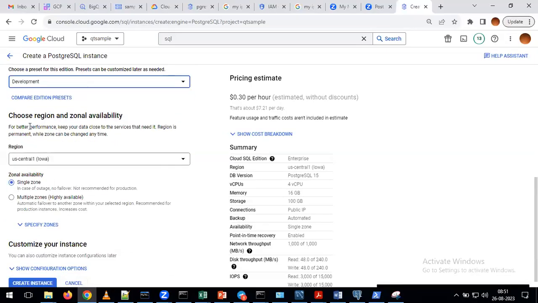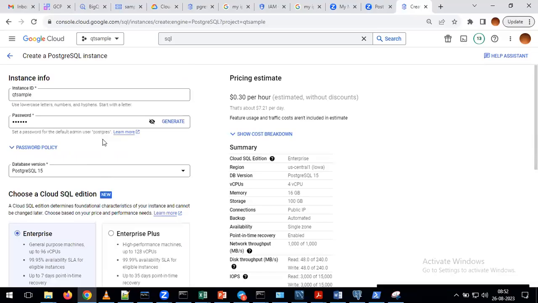Okay. After that, again, it is asking for the region. And here also, if you see, we have single zone or multi-zone. If you want high availability, we can go for multi-zone. And if we work in real time also, we are going to select multi-zone only. But if you select multiple zones, what will happen again? It is going to increase the cost. For that reason, just for practice purposes, we are creating all these things, so here select only single zone. Don't do any changes here also.